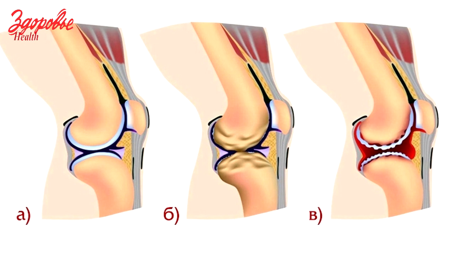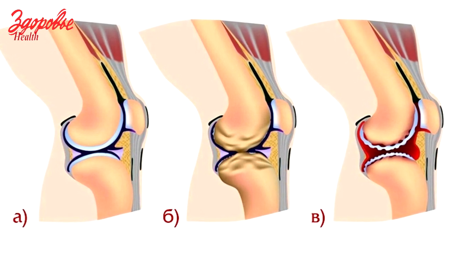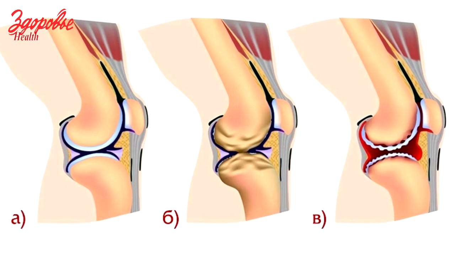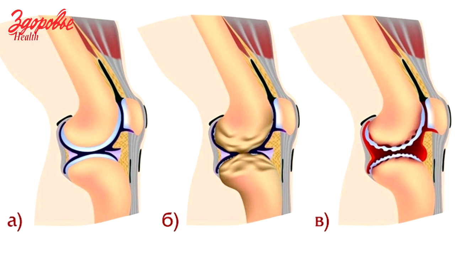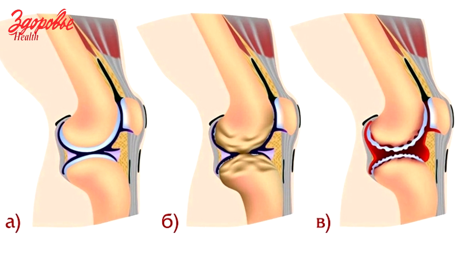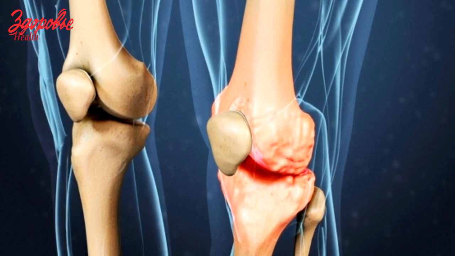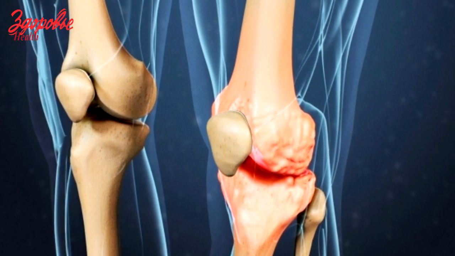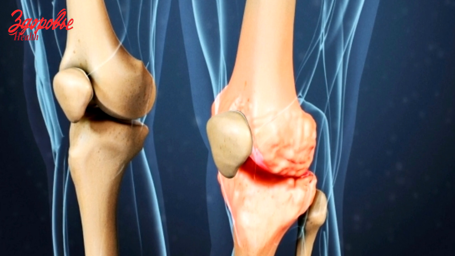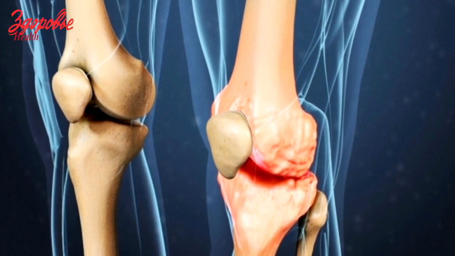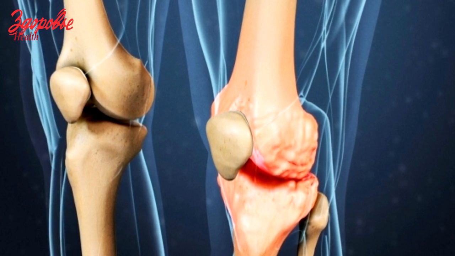At this stage, there will already be pronounced pain and possible stiffness of the joints in the morning. It is often accompanied by a change in the patient's static posture depending on which joint is affected. The third stage, the cartilaginous surface of the joint is almost destroyed. Osteophytes in the joint cavity, bone growths, will also be noted on the picture. This stage is accompanied by severe pain, a pronounced decrease in mobility in the joints, significant atrophy of the muscles